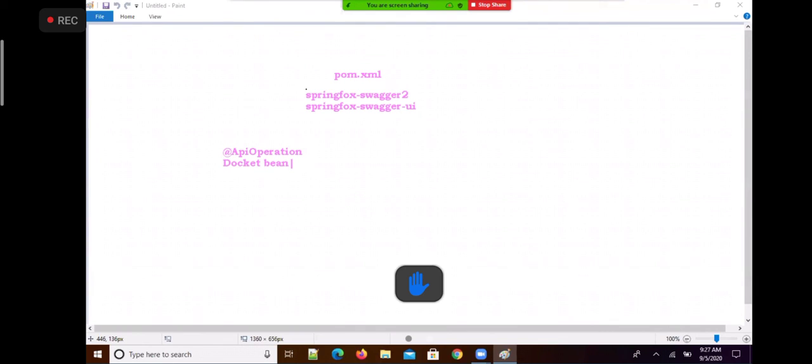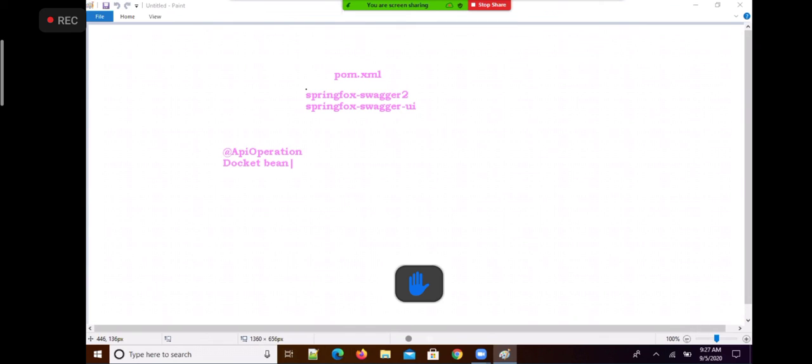Suppose you have some REST endpoints, but in the documentation you want to provide only some endpoints and hide others. You don't want to show them to the clients. Or you would like to prepare two different documentations, one for normal users and one for admin users. One public document and one private document, each showing different endpoints.